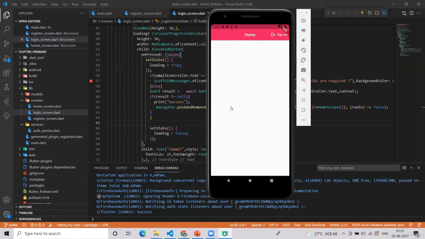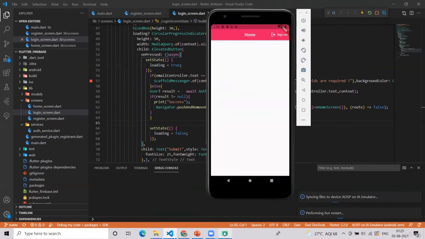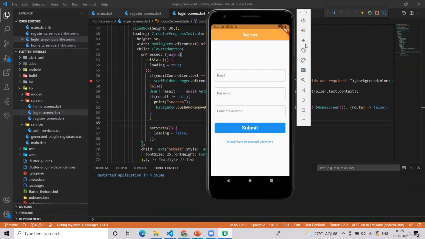But what if I restart this application? If I restart this application, the register screen is there and we are not directly sent to the home screen. So this should be changed.